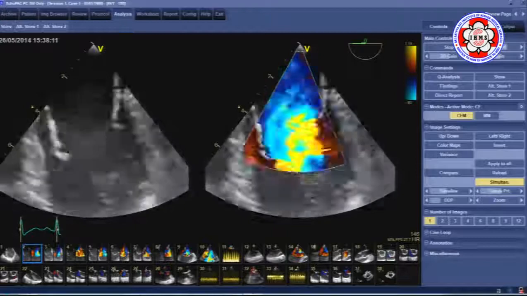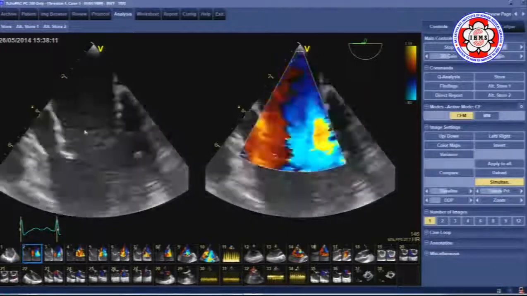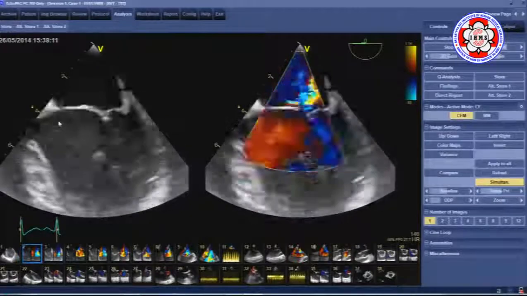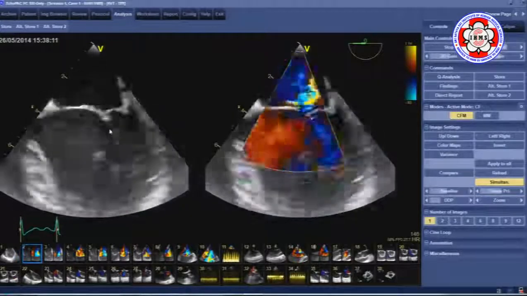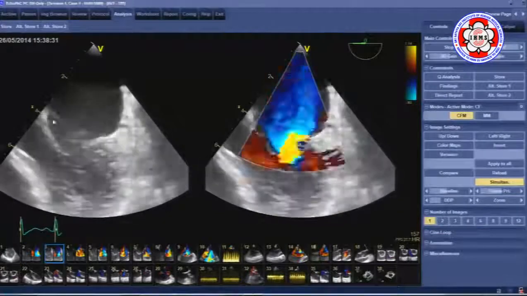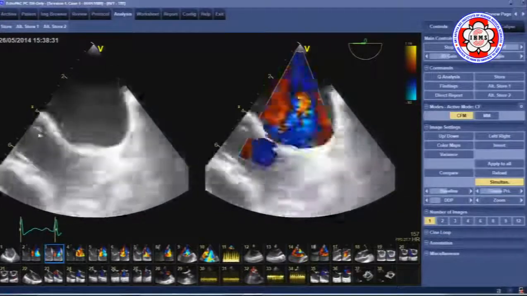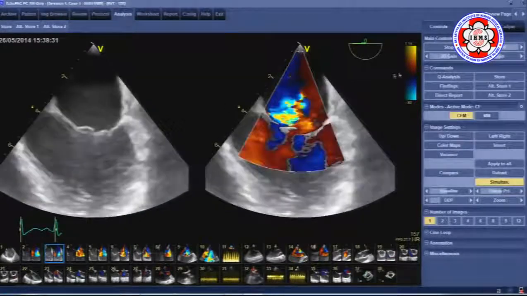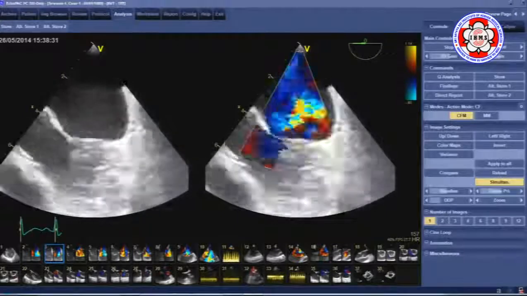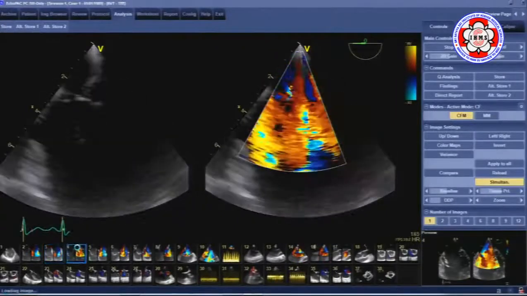It seems like there's more than one jet, maybe. And this is the A2 scallop and the P2. So from 0 degrees, left to right, A2, P2. A little bit of A1, yes, a little bit of P1, but primarily this. Now, if I take the probe out to the mid-esophageal 5-chamber view where the LVOT is seen, then I'm seeing A1 and P1. So again, let me just reduce the speed. A1 here and P1 there. And then if I push in with the probe,